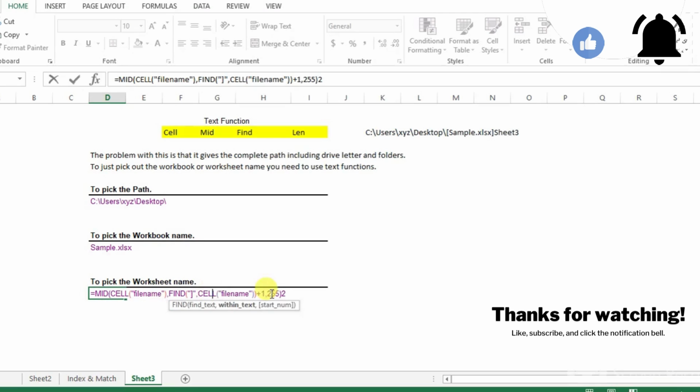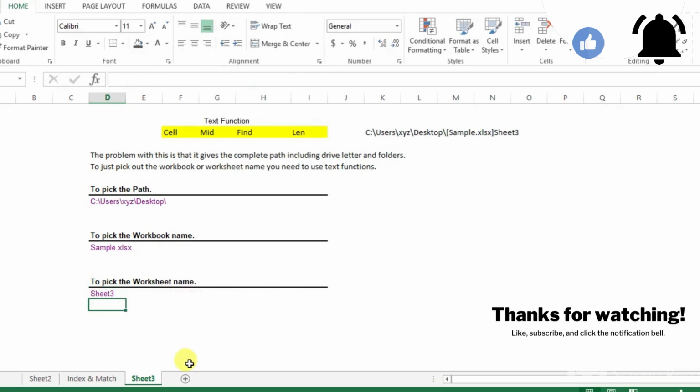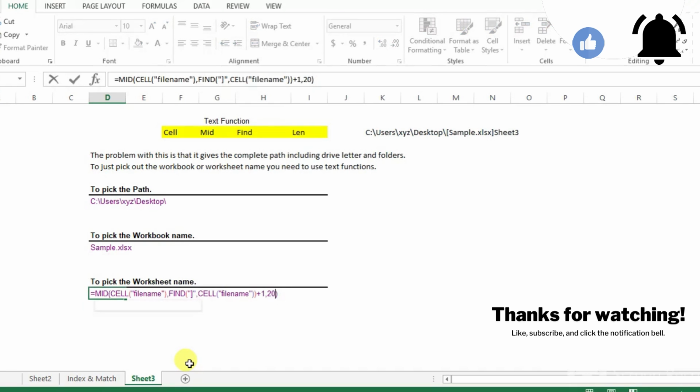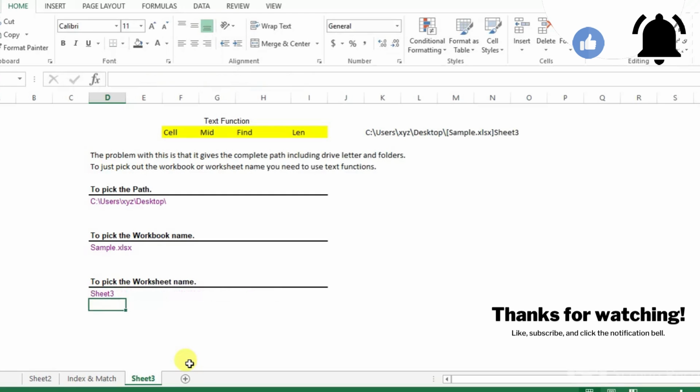Again the file name plus the number of characters here. How are you specifying the number of characters? That's the logic here. For a sheet name, I don't think people keep more than 10 characters. You can keep 20 also, whatever the number, it will give the exact name here. See, we got it. This is the sheet name. If you give 10 also, it will come. This is the number of characters, guys, that's it, nothing else. You can give 100 randomly also, nothing will happen.